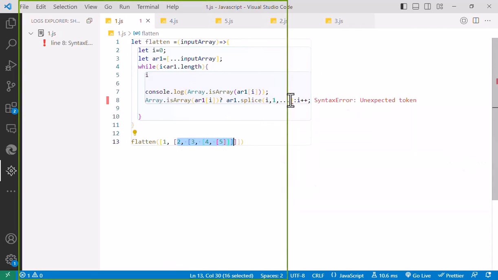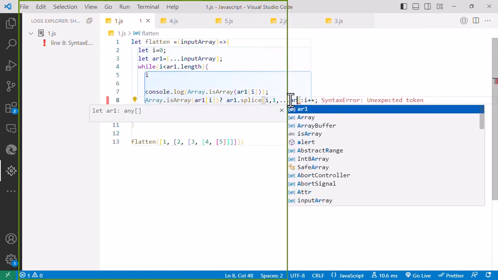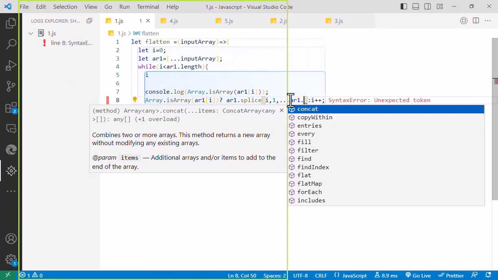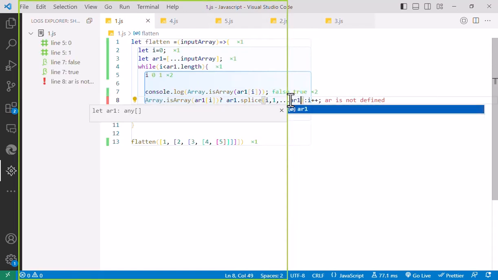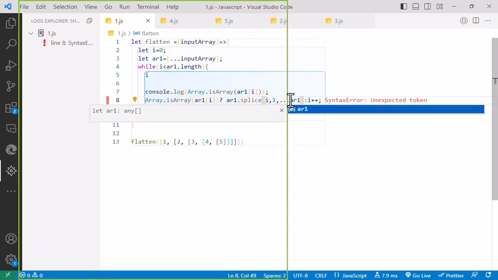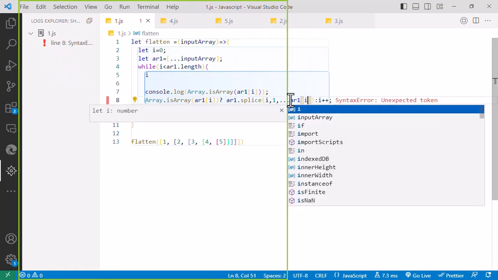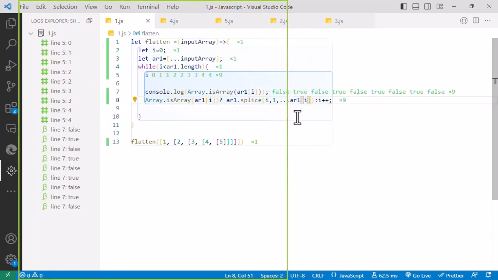Okay, spread array1 of the current item, so that is i. Okay, so you see here,